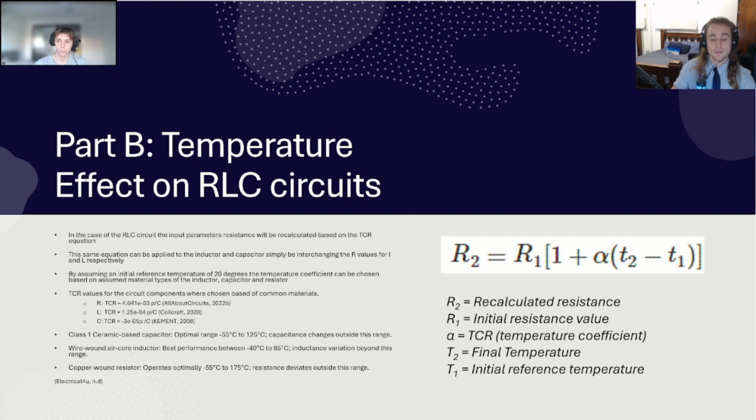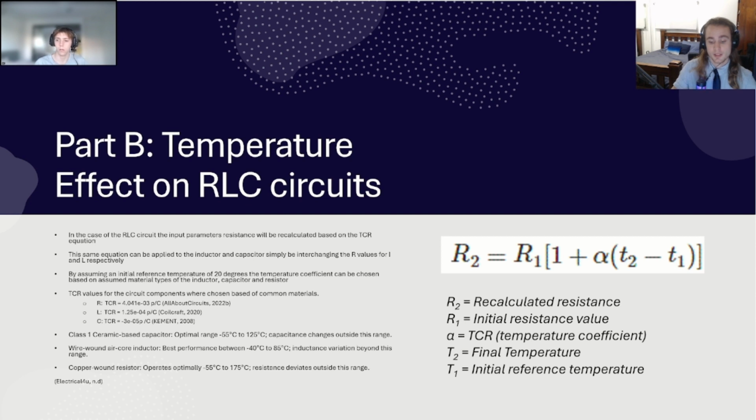Starting at a reference temperature of 20 degrees Celsius, we select the temperature coefficients based on the materials commonly used in the components. So we went with a copper wound resistor with a TCR value of 0.004 per degree Celsius, a wire wound air core inductor with a TCR value of 0.000125 per degree Celsius, and a ceramic based capacitor with a TCR value of negative